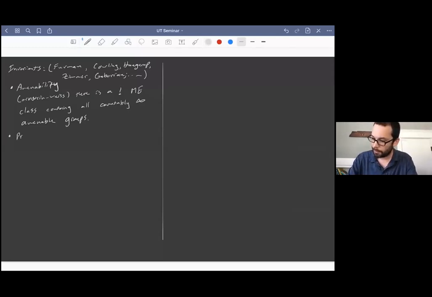On the other hand, property T is also a measure equivalence invariant. So this was first proved by Furman. And what else do we want to say? We also have the Haagerup property, and also the Cowling-Haagerup constant, so weak amenability. And also, due to Gaboriau, ratios of L2 Betti numbers.